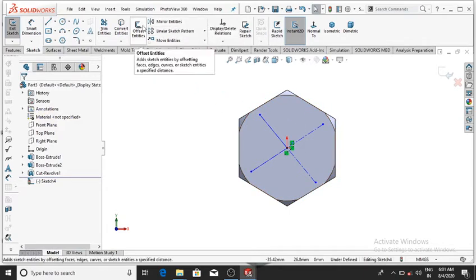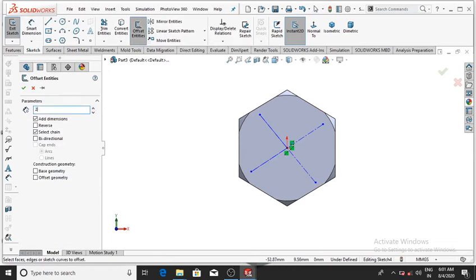So simply go to the offset entities and select 2 mm, then OK.